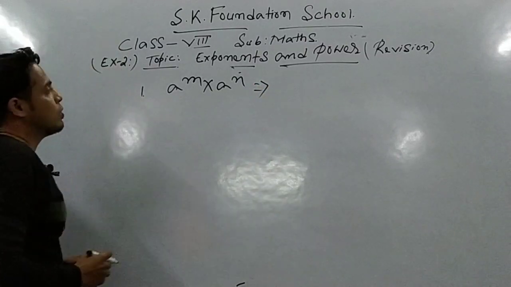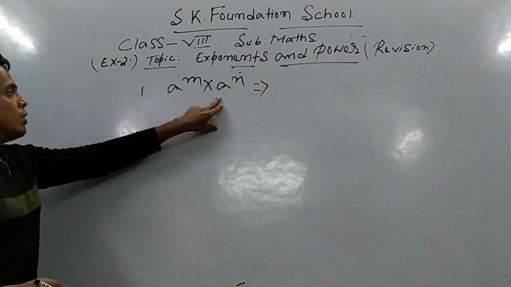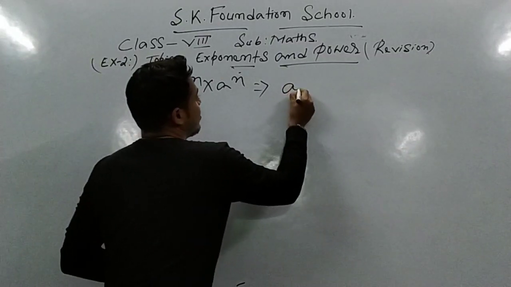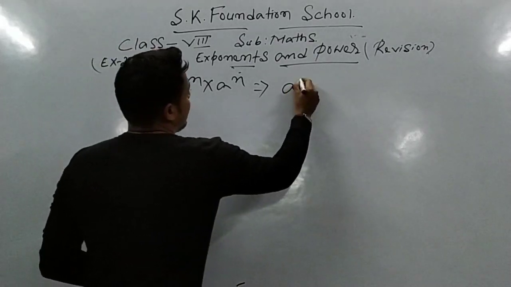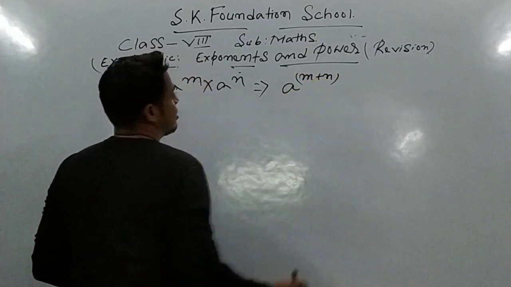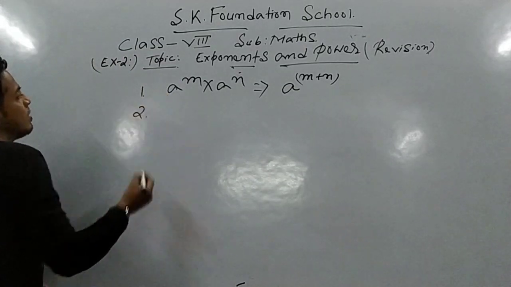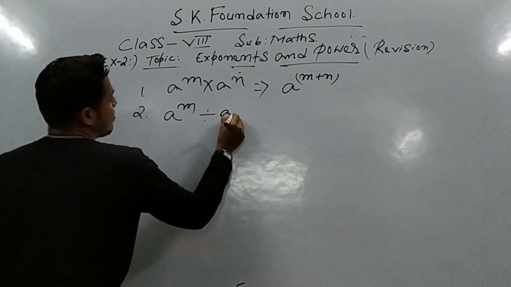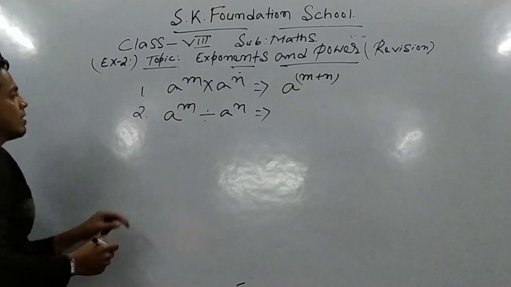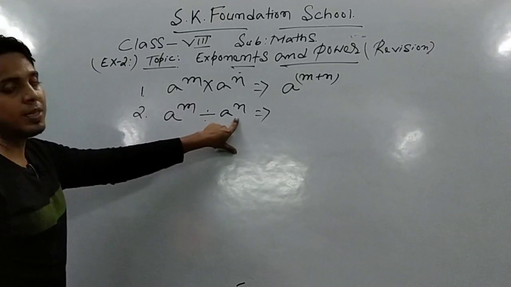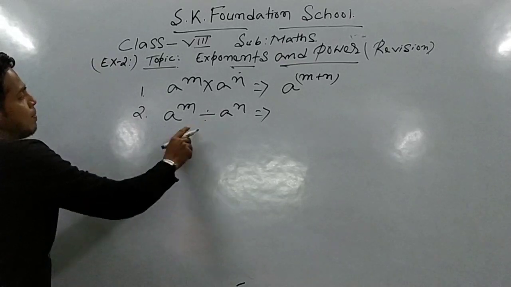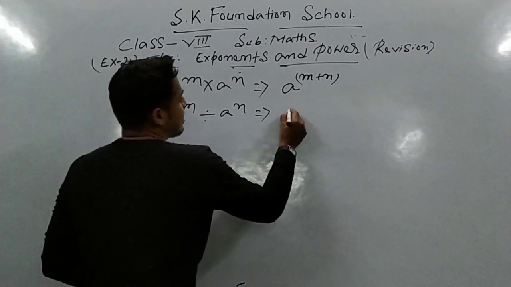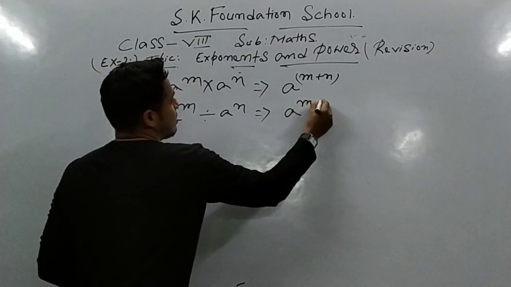So when two terms contain the same base and the sum is in multiply form, at that time we take one base as common and the powers are added, right? This is our formula. Second one, suppose two terms are in divide form, like this, a to the power m divided by a to the power n. Here also the bases are the same but the powers are different, and this expression is in divide form. In this case the powers are subtracted.